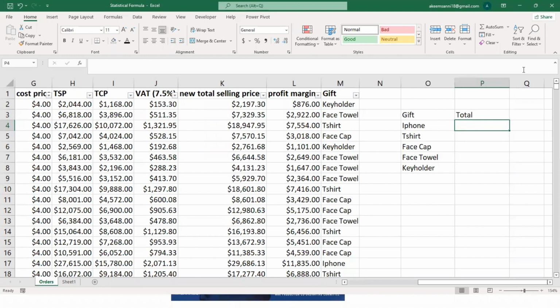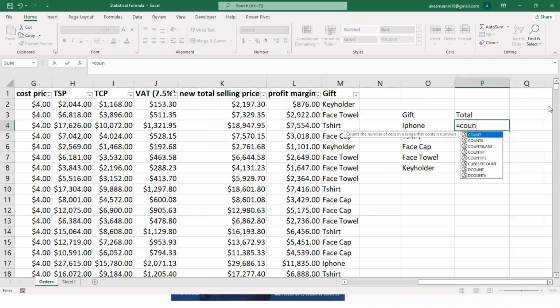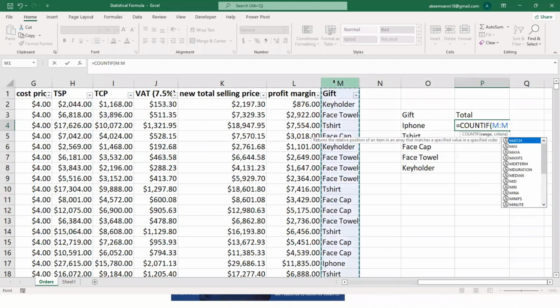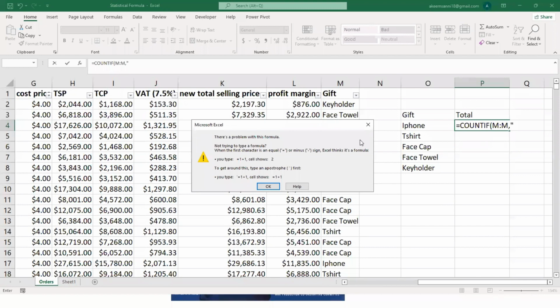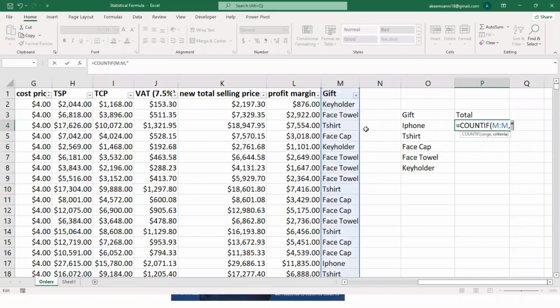So I'll use this formula, equals COUNTIF. If I press tab, it gives me COUNTIF, then I select everything right here, comma, then I give it a criteria. I'm telling Excel, count within this range the total number of places you see iPhone.